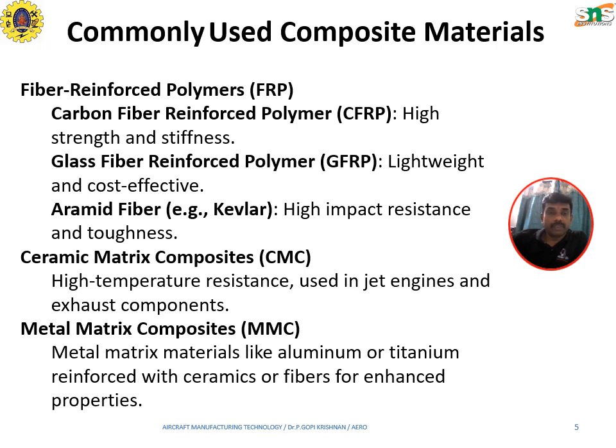So when the fibers are reinforced in the polymer matrix, that is, fiber is going to give the strength and the polymer is going to be the larger component. So this kind of material can be called as the fiber reinforced polymer matrix composite. It has three classifications. When you are adding the carbon, it is called the CFRP, and when you are adding the glass, it is called the glass FRP. And when the aramid,